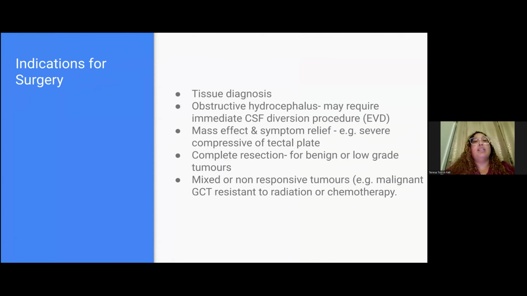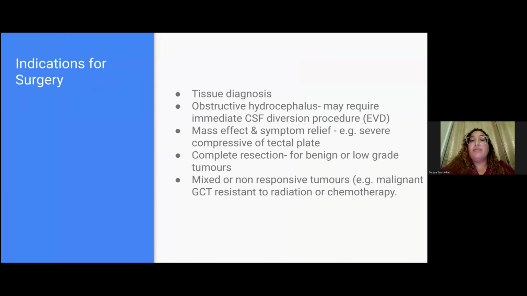What are the indications for surgery? With pineal gland lesions, surgery is indicated for tissue diagnosis if there's the presence of obstructive hydrocephalus. So this may require immediate CSF diversion procedure, or EVD. If there's a mass effect and we're looking for symptom relief, for example, if there's severe compression of the tectal plate,